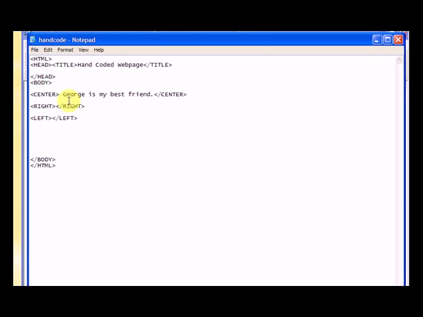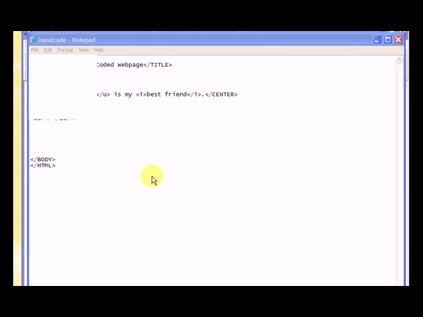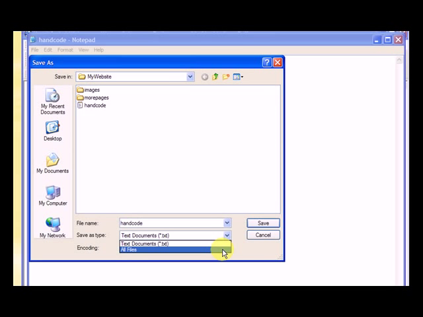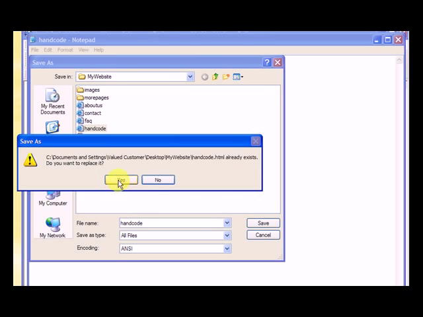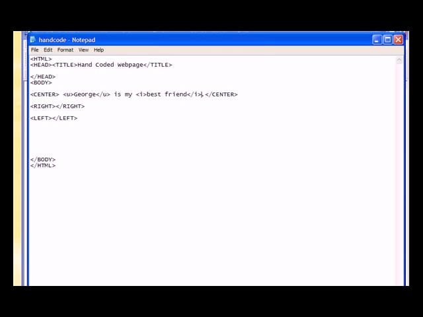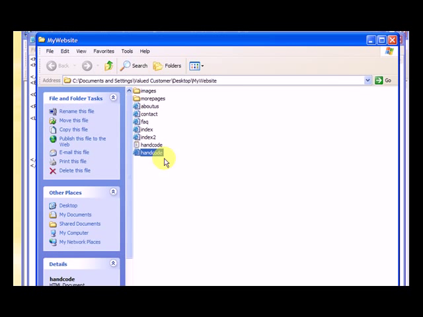Now, let's make George underlined as in our example before. And then we don't want it to be underlined after George. And if we go to best friend, let's make that italic just like the example I gave you. And then we want to close the italic over here. So if we go to our file, we go to save as, and remember you always got to pick all files, and we want to save that as hand code. Do I want to replace it? Yes. Now if I go back to my website and I click on hand code,